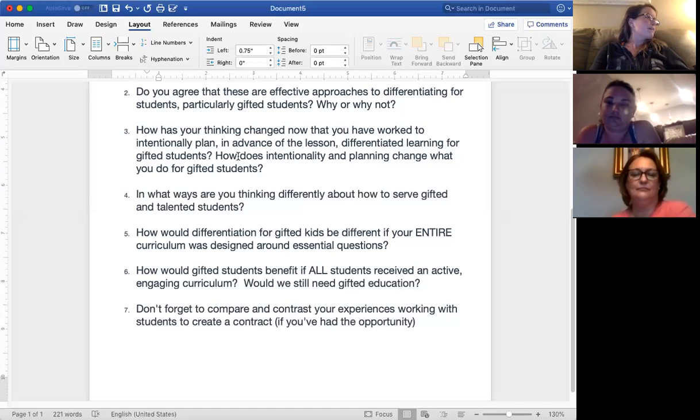I feel like maybe this is just me, or maybe it's Onslow County, but I feel like Bloom's taxonomy is, I don't know if that's going old, or if we use the depth of knowledge, like level 1, level 2, level 3, and level 4. Yep. I can't remember the last time I heard an administrator or a coach at my school mention Bloom's. No, I'm hearing more about Hattie and Marzano lately.